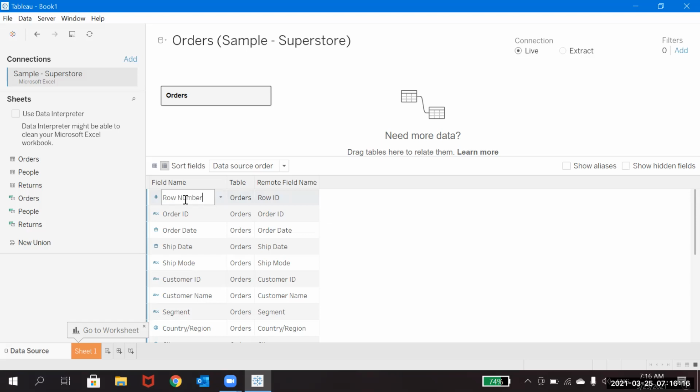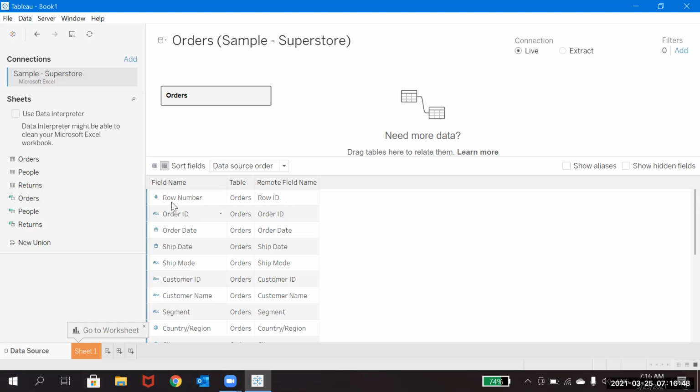Let's say I'm typing this as row number, but when you go to the data source and want to make some change, you should refer to this row ID column. It's not row number in the data source. The actual field name is row ID, but for our reference in Tableau we might have changed it. So if you want to define those things, you can easily observe this and understand these columns.